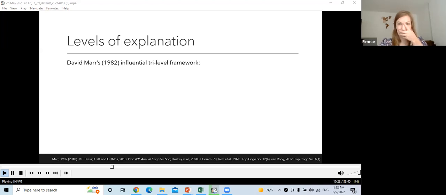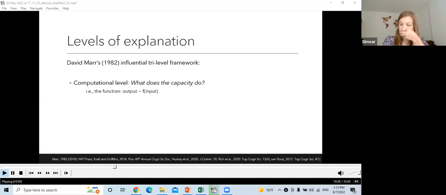So I think it really is something that's applicable in guiding how we think about our theories in our field as well. He starts off by saying there is the computational level, that is to say, what does the capacity actually do? And that's this specification of the function of an input that is transformed to an output.